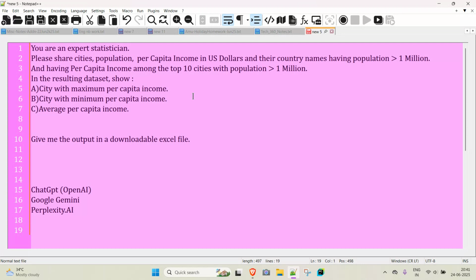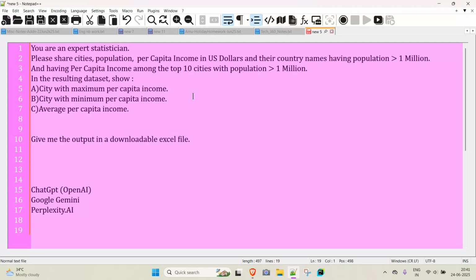So that means certain level of, I have a criteria in my mind. Okay. And in the resulting data set, what we want to have is first a city with maximum per capita income among this group, not as a whole across all the world cities, but in this group, and then the city with minimum per capita income in this group.